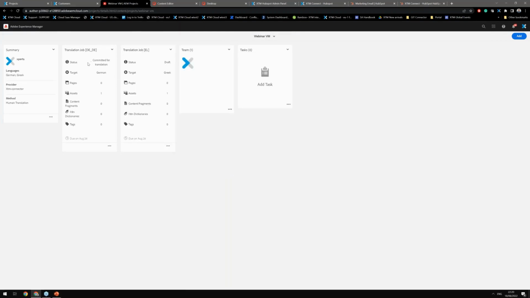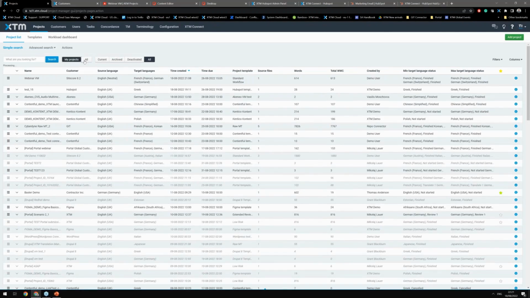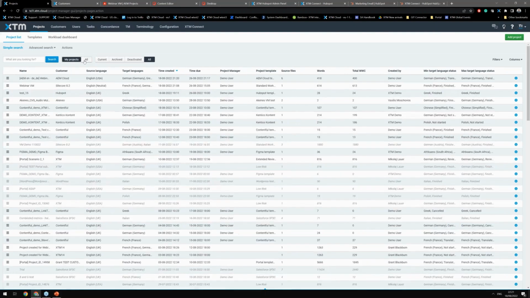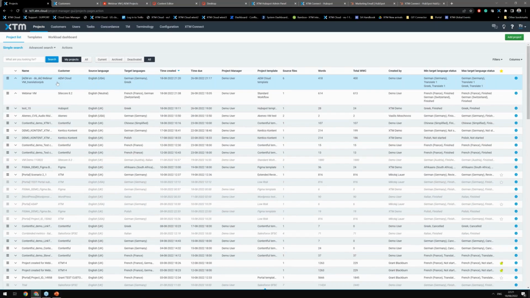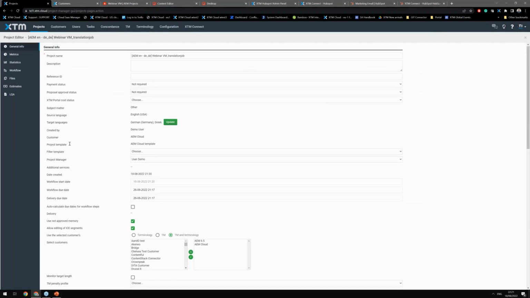As you can see, status is already changed, and this is now committed for translation. We update the page. If I refresh that, second project should also be committed for translation. Now again, we return to the same environment, to the same XTM instance, because that's also connected with our AM connector. If I refresh my projects, I can see my project coming from the AM environment. It's already created, where we have the metrics breakdown here, because we're using the project template for the AM Cloud. I can see the breakdown here,